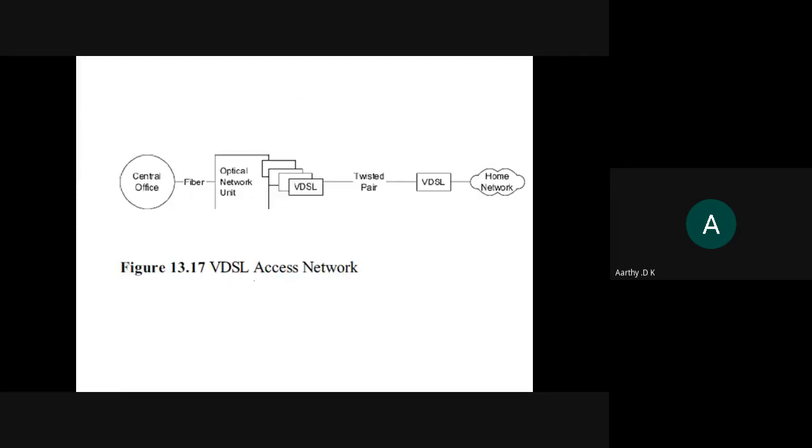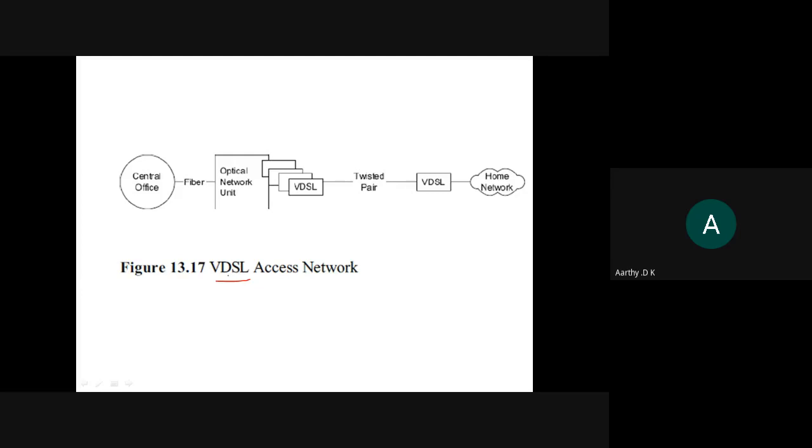The next one is VDSL. Suppose the client is not able to access the internet using the copper wire, that is ADSL. Then the service provider will use VDSL, very high speed digital subscriber line.